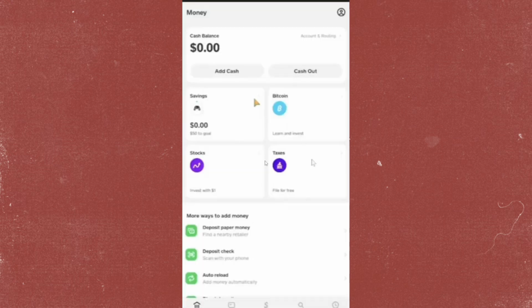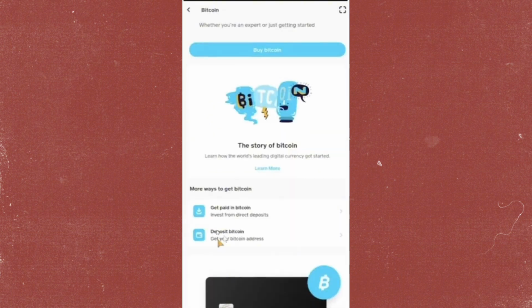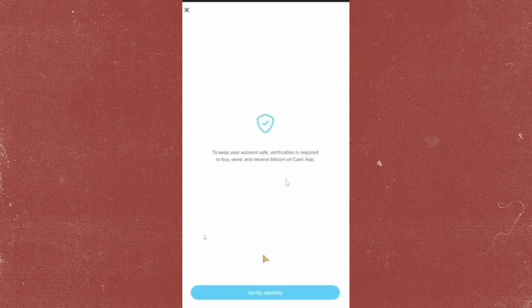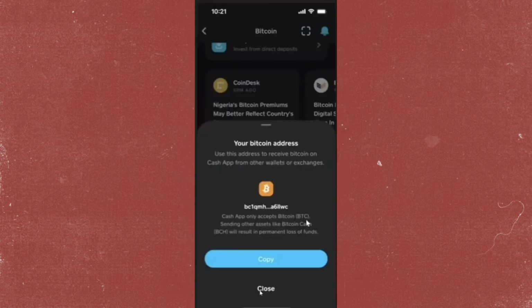So from here, you just have to tap on the Bitcoin option and then scroll down until you see an option that says deposit Bitcoin. After that, you just have to tap on it. And if this is your first time using the feature, Cash App may ask you to verify your identity. So you just have to click on that button that says verify identity and then just follow the instructions to